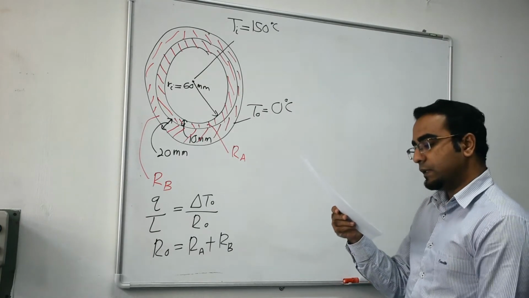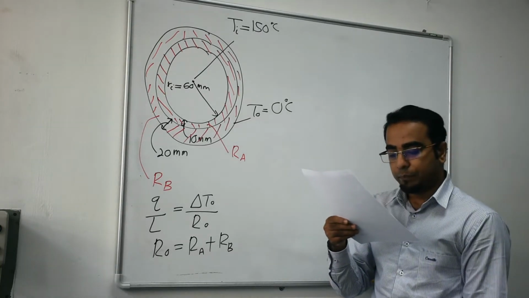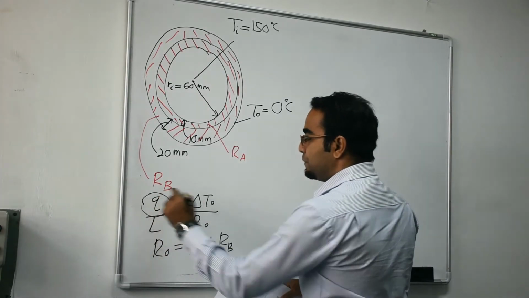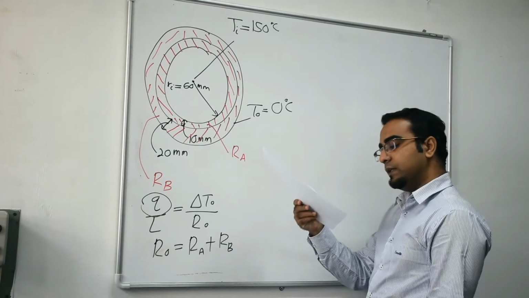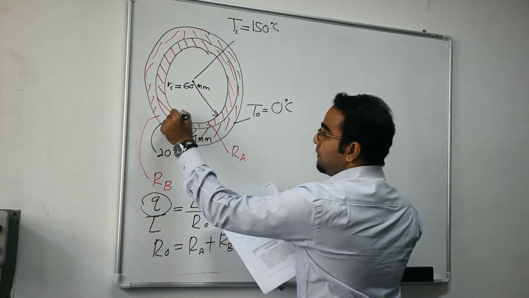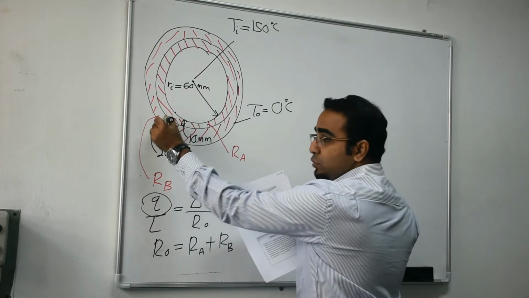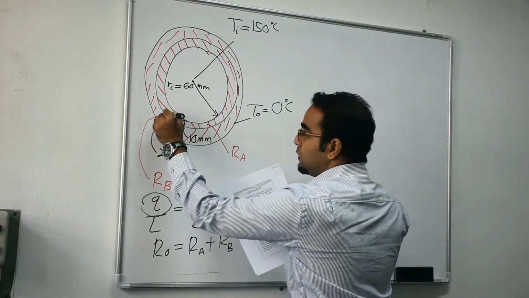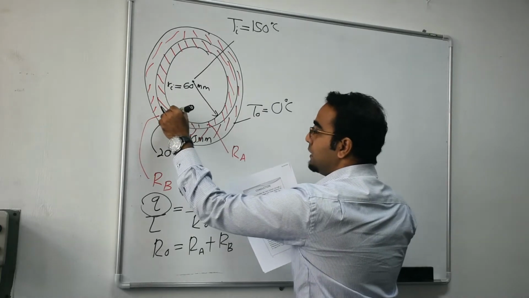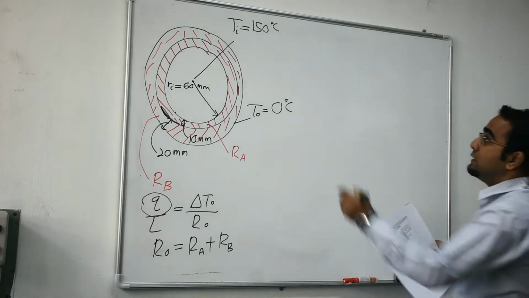So those are all the information that we have. And the question is asking us to find the value of heat loss and temperature at the pipe's outer surface. So first of all, we want to find the value of Q. The second one is we want to find the temperature at the pipe. Okay, so this is pipe inner diameter, this is pipe outer diameter, this is insulation diameter. So we want to find the temperature at the outer layer of the pipe. So this is going to be the temperature. Okay, so let us see how to solve this question.